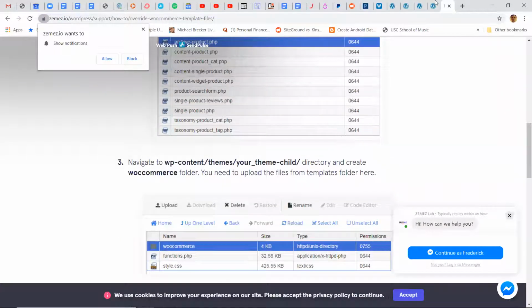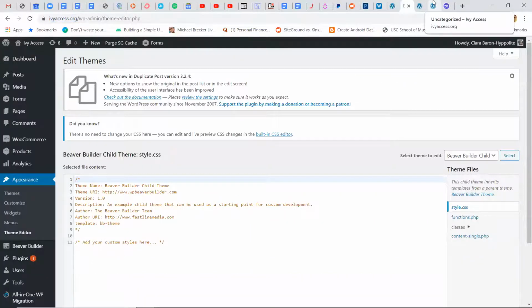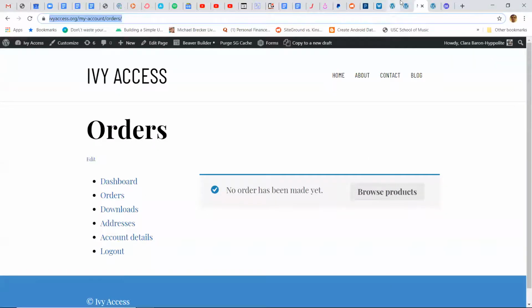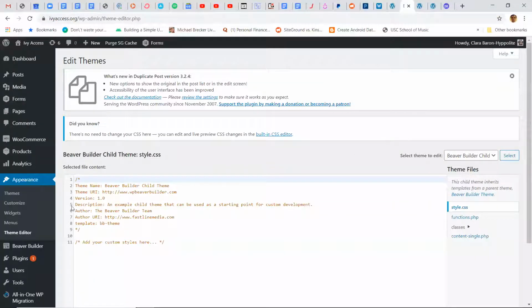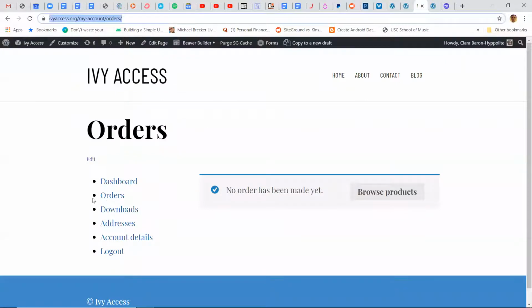So in practice, if a client told me to get rid of the downloads link on here, I would just have to dive into WooCommerce's templates, and WooCommerce is extremely hooks based. So you can almost never find the PHP itself. You can almost never find the HTML itself. You're always looking at a hook that calls a hook that calls a hook that calls a hook. And so it's actually pretty hard to work with. So I would just strap in for a hard process of chasing down whatever hook is causing the orders page to show up in this menu and deactivating that hook.